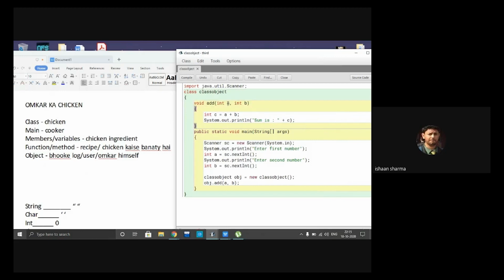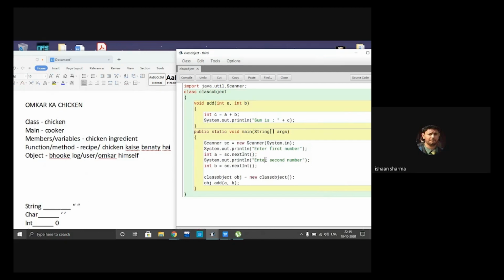Now where do I get the values of a and b? To get the values of a and b, I have used a Scanner class, and I have asked the user to enter the first number. So this statement will print "enter first number", then the cursor will go on to the next statement, and it will take the input value from the user.